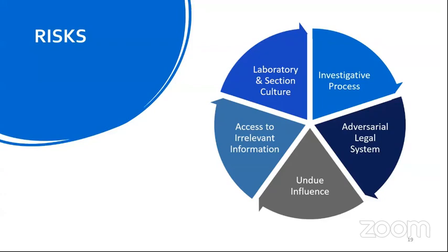We want to have systems in place to help our employees navigate those experiences successfully. And then access to irrelevant information. Build your systems so that information that's irrelevant to the execution of their duties is not readily available to them, so that we can eliminate the introduction of that task-irrelevant information into their overall process.